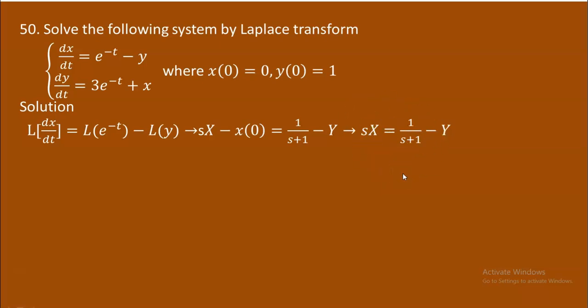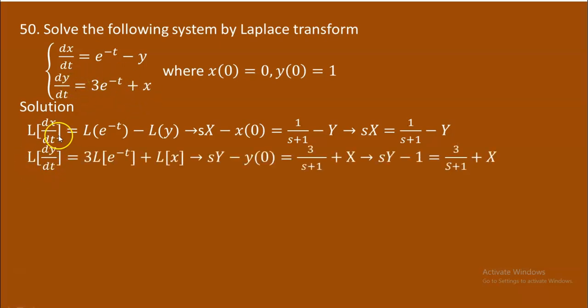When you go to the second equation, students, look, the second equation is given here. Again, take the Laplace on both sides as you did here. The Laplace of dy over dt is equal to 3 times the Laplace of e to the power of minus t plus the Laplace of x, as it is written. The Laplace of dy over dt, as you did before, is s times Y, capital Y, because it was s times F of s in the case of the Laplace of f. Now s times Y of s minus y at 0,